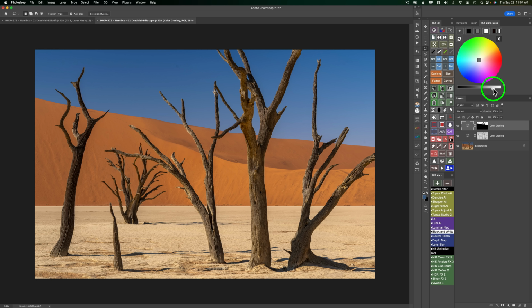And I think maybe just a wee bit more right there. Here's the before and now the after. Now remember, this is a color grading tool, so I'm on midtone. So I'm just going to drag this into blue just a little bit, just to add a little bit more